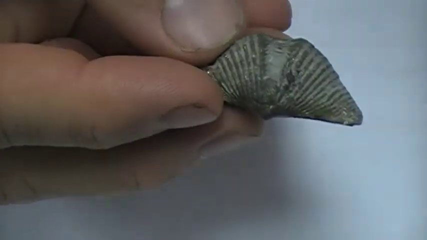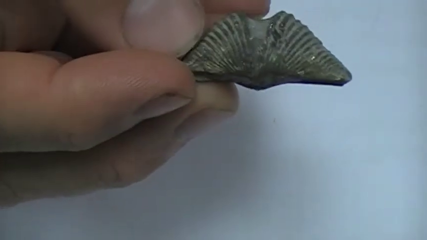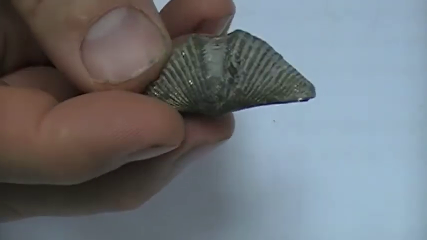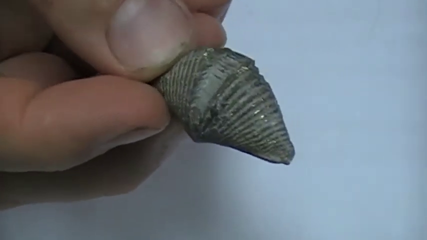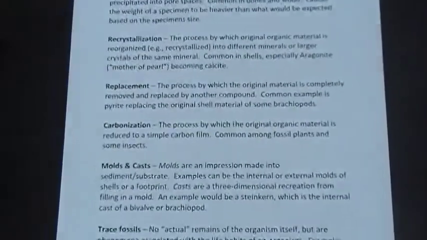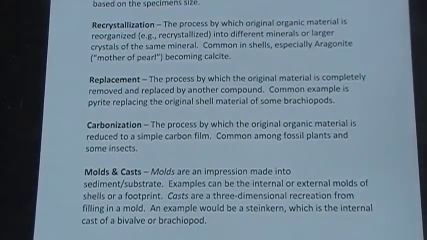So all the original material that made up this brachiopod has been replaced molecule by molecule with pyrite. So we end up with what we call a pyritized brachiopod. So, all replacement. Now, if we look at carbonization, this is a very common aspect when we look at plants